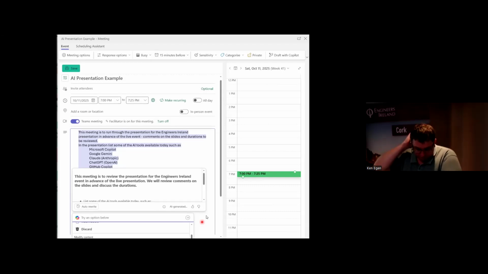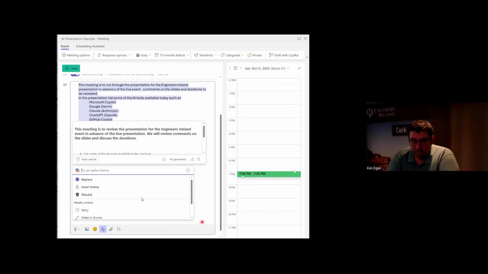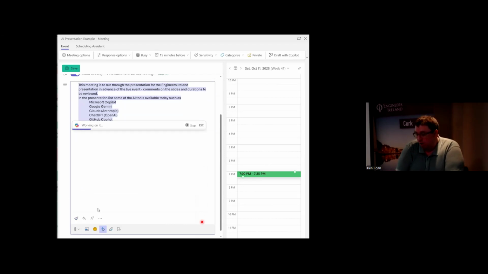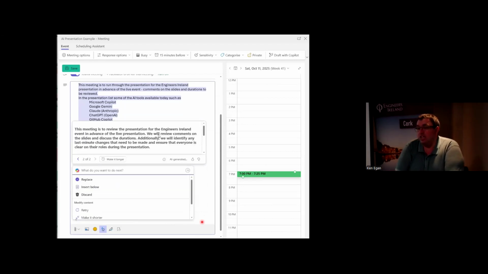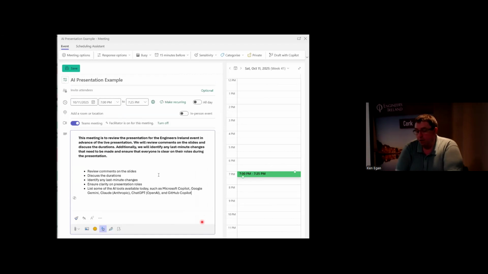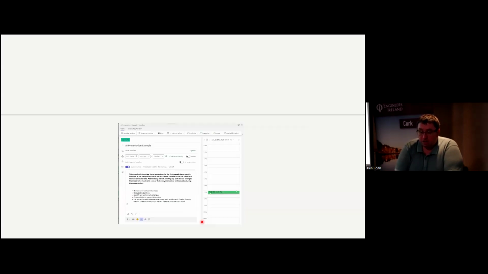So scroll down and I can say make it shorter, make it longer, change the tone. And you can do this within emails as well. When you're writing something, it's very handy that way, and it'll give you different options. You don't always have to accept the options, and you can undo them. Very straightforward. You can also use it to search for times when people are available.